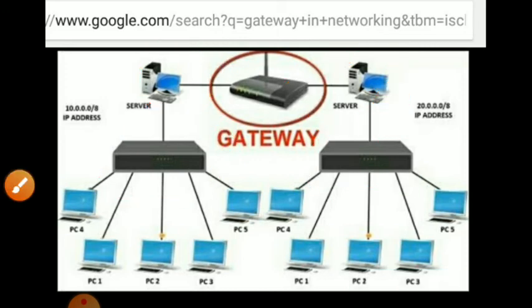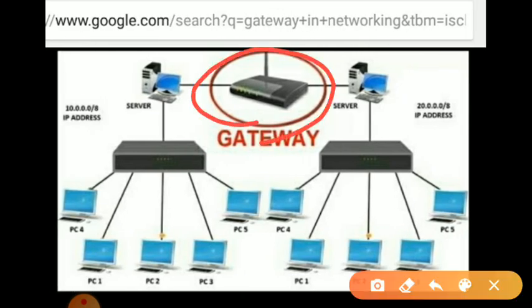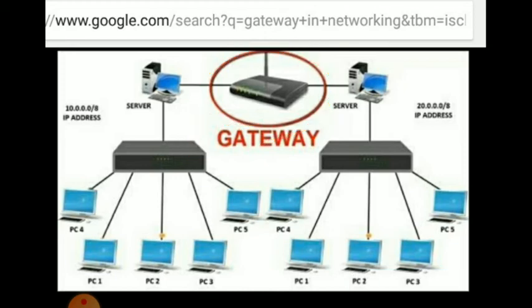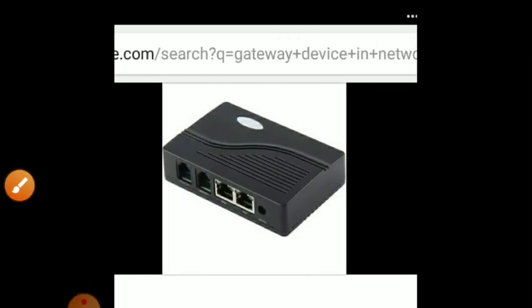It means that a gateway also connects to bridges as well as switches. If they are connected to a router, they can easily search the destination's address physically.